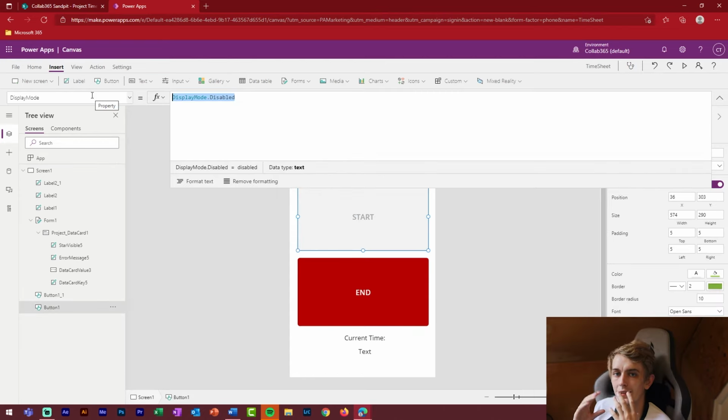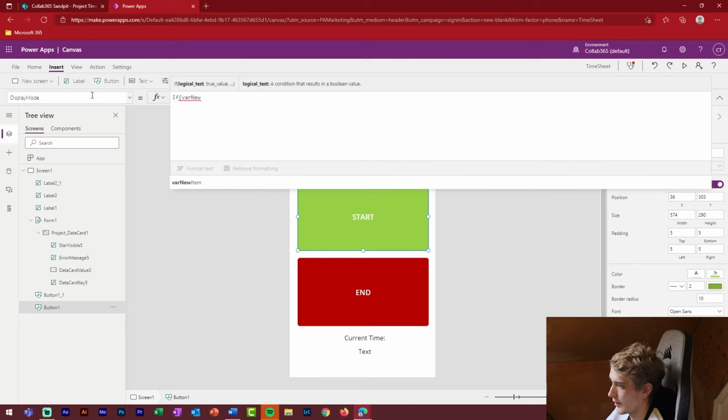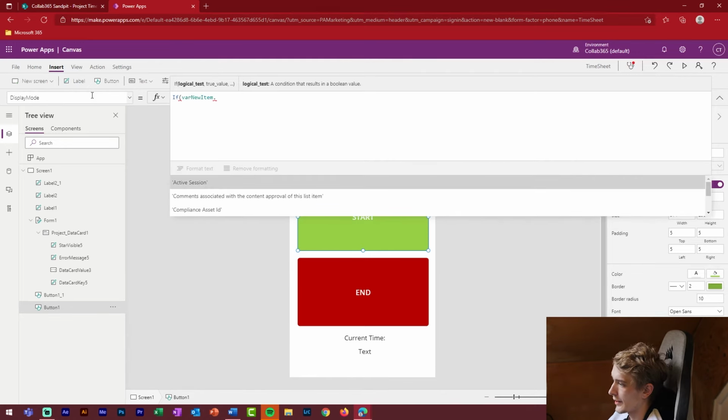So what we can do here is set the status of this display mode based on the active session variable in SharePoint, whether that's set to true or false. So we can use if statements. Inside the display mode of our start button, we can begin by typing if. And then we can say that if the var new item, which is that patch information, dot active session